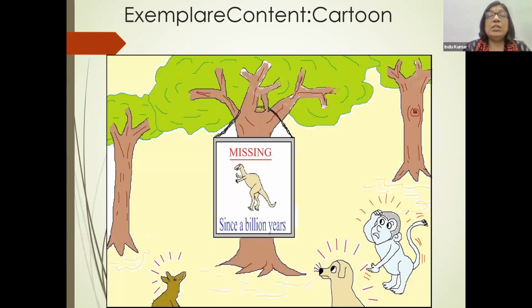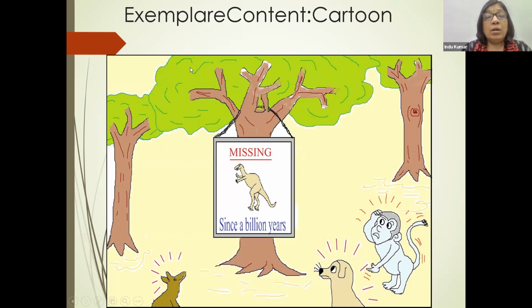Then this is an example of a cartoon. Here the concept of evolution of species is the topic under consideration.